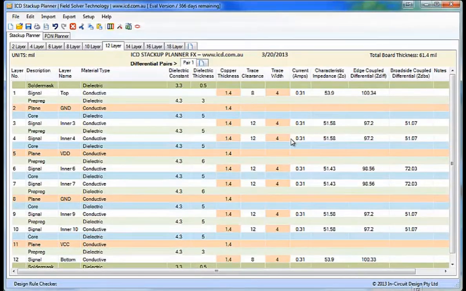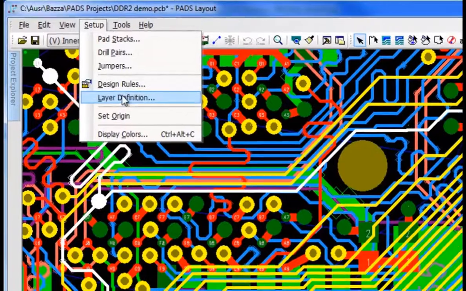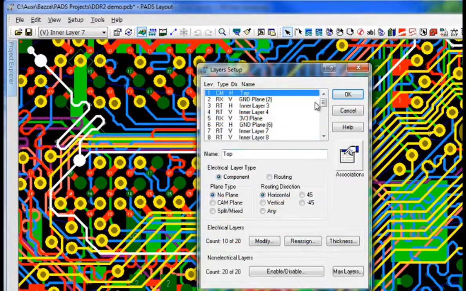This is a quick demonstration of the iCD Stackup Planner bidirectional interface to PADS PCB design software. First of all, we'll open up a PADS database. This is an unfinished DDR2 design, but we just need to look at the stackup information in this case. Also note that the traces are all routed to 4mm width, so we want to retain that trace width when we modify the impedance. Now, what we'll do is look at the layer definition, and in PADS we have